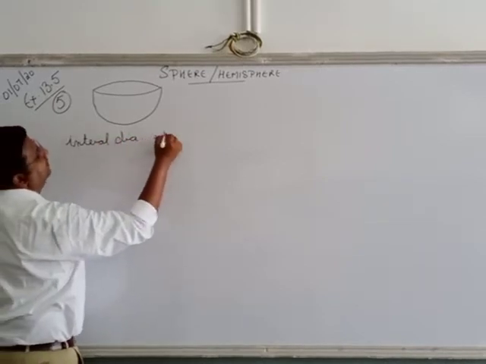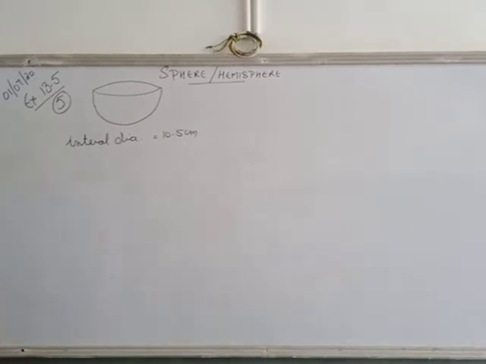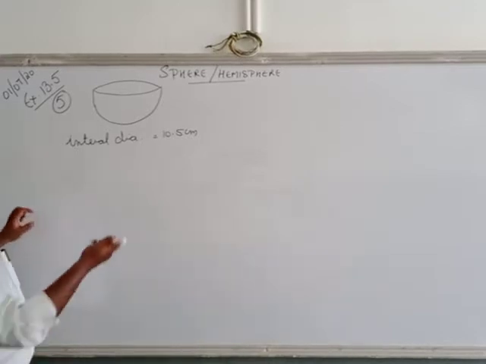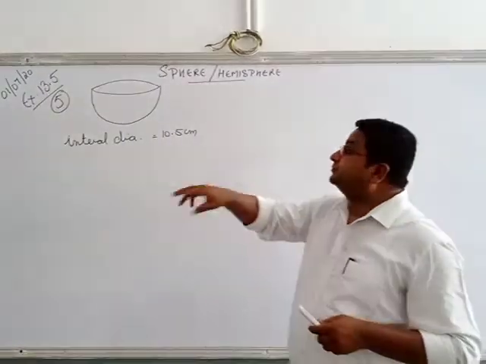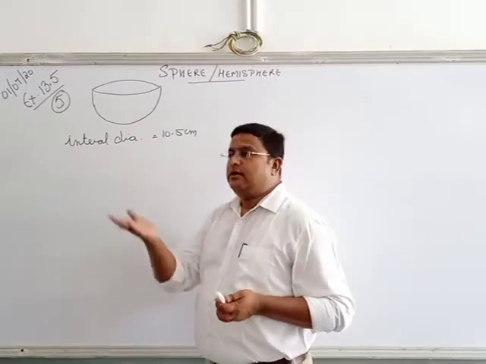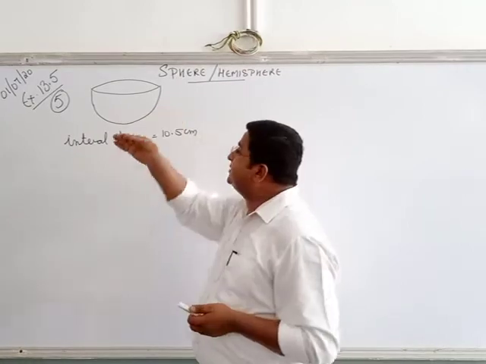Internal diameter is equal to 10.5 centimeter. I hope I am correct. I don't have a textbook in my hand. He says find the cost of tin plating it from inside. We are going to plate it inside. We are going to cover it with tin. This is made of brass, but inside, like the non-stick cookware we see at our places, the base is something else, but inside they are black. Same way, there is a material tin.